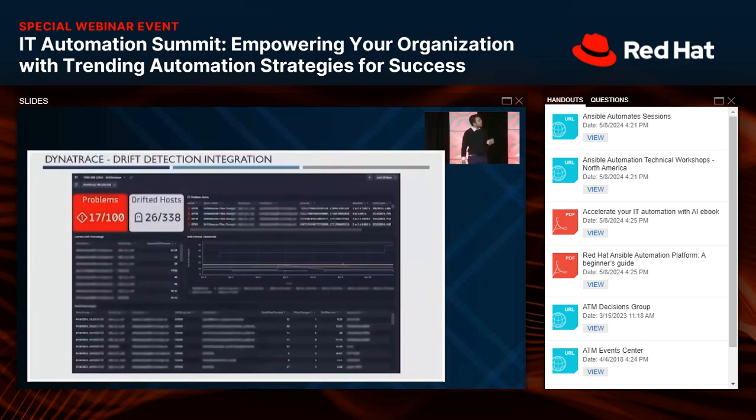There we go. So as part of phase one of the Dynatrace integration, with the launch of the new Dynatrace version just last year, the first step was that we have this log file that we know contains a lot of drift data. We ingested that drift log file in Dynatrace, and we started building a dashboard out of it. Okay, let's just visualize what the drift looks like first. So on the left, you see there are 17 problems open, and there are 26 hosts that are drifted out of the 338 hosts today that are on the CSE framework.